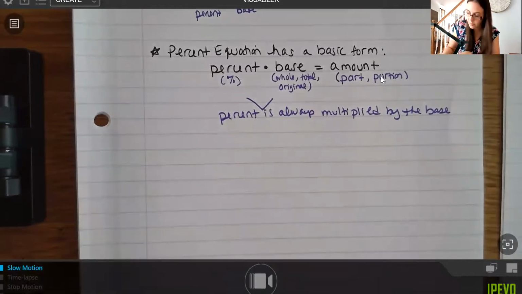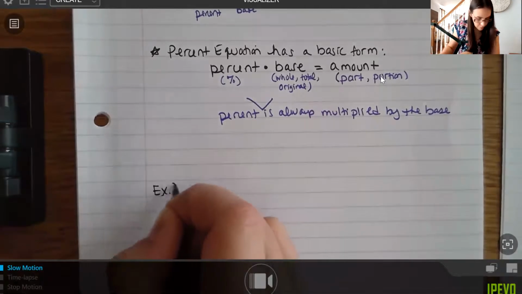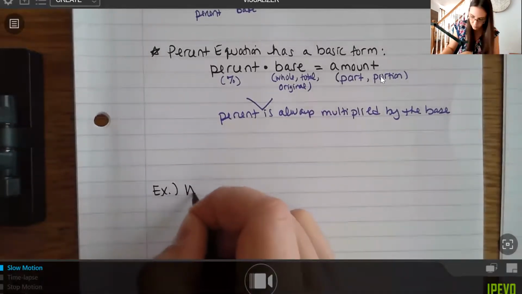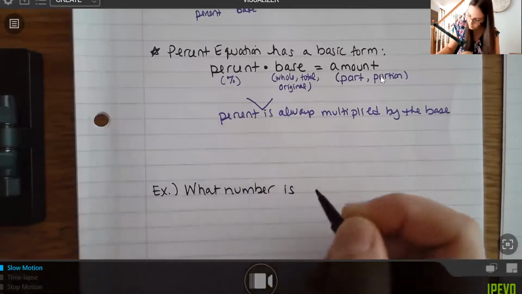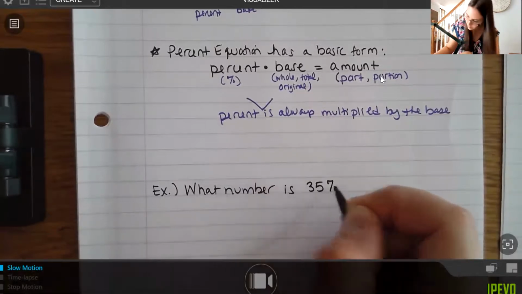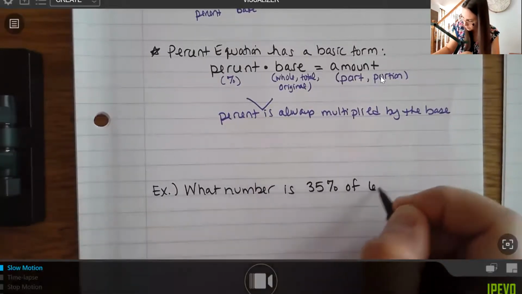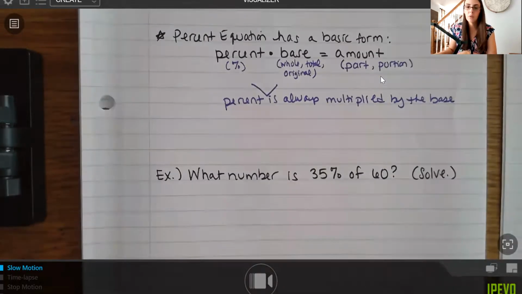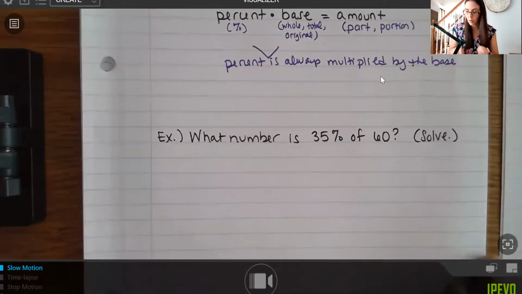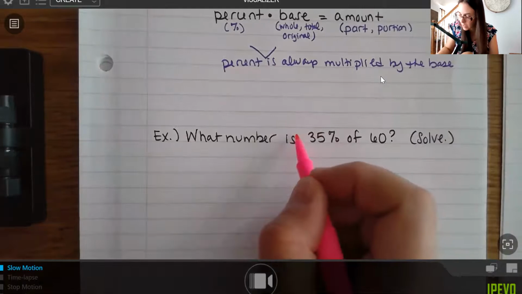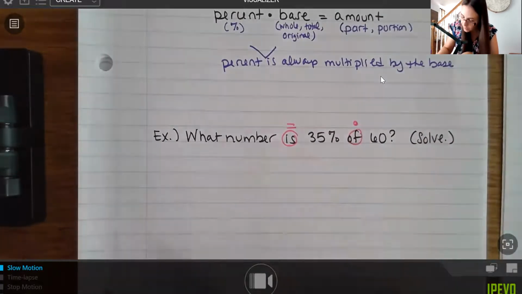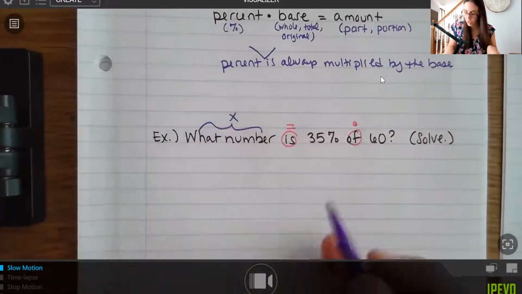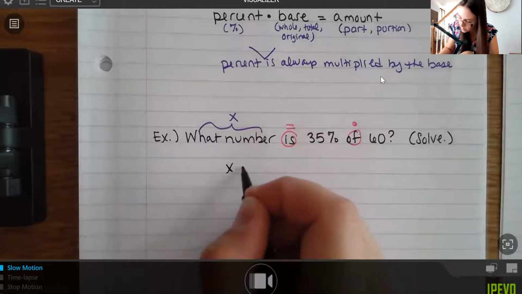All right, so let's actually solve some examples now. And instead of just translating again, we're going to do the full solving process. But it's still going to start with translating. So I'm going to go ahead and take out my colors here. And I'm going to say, there's my is, there's my equals. My of is my multiplication. Here is my question. So when I change this over, I see x equals 35%